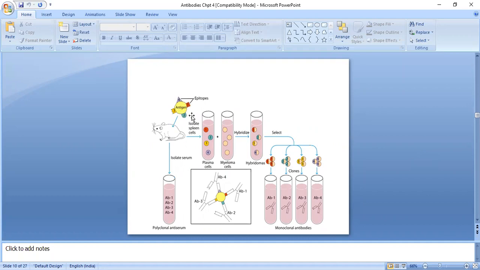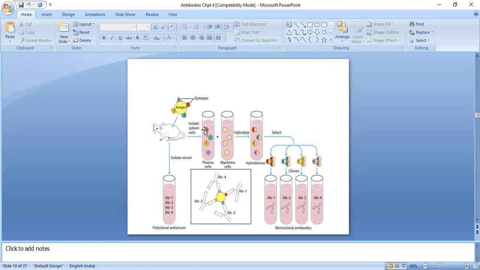See, suppose any antigen enters the body. There are epitopes. Epitopes are the binding sites of an antigen. Each and every antigen has binding sites. Those binding sites are specific for binding with our antibody. So there is a specificity for each and every antibody based on that. See in this picture, when you inject an antigen into a mouse, four individual epitopes are present on the surface of the antigen. Those are all called epitopes. An epitope is nothing but the binding site of an antibody.